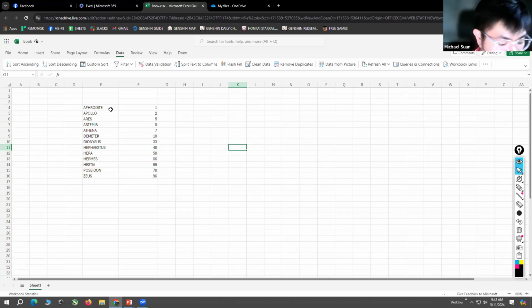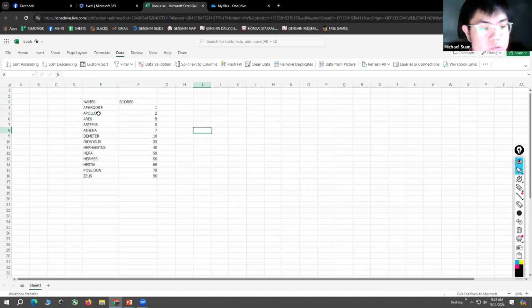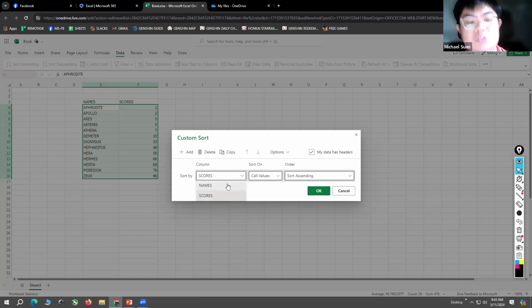Say for example, these are connected. For example, these are their scores, and you want to sort just this, and then the others will follow. So you just highlight both, and then you click custom sort. You sort by scores, or you sort by name.